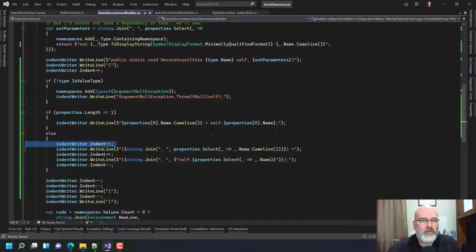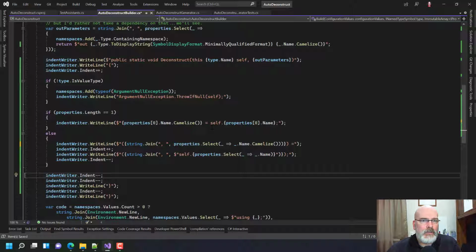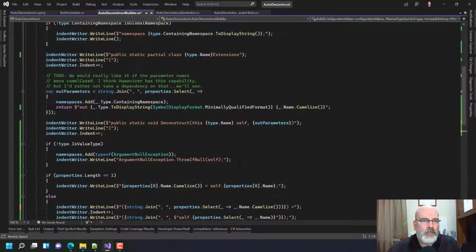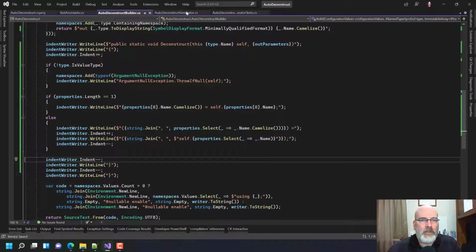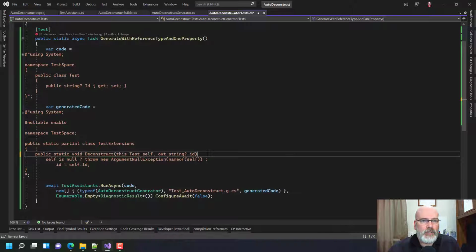So this actually makes some stuff easier. We're going to say that. We are going to indent that though because we want that pushed out a little bit. Okay. And now I think we say, because we want to push back, now we want to push back for that one and then push back for that one. Okay, so now what we should see in our test is something like